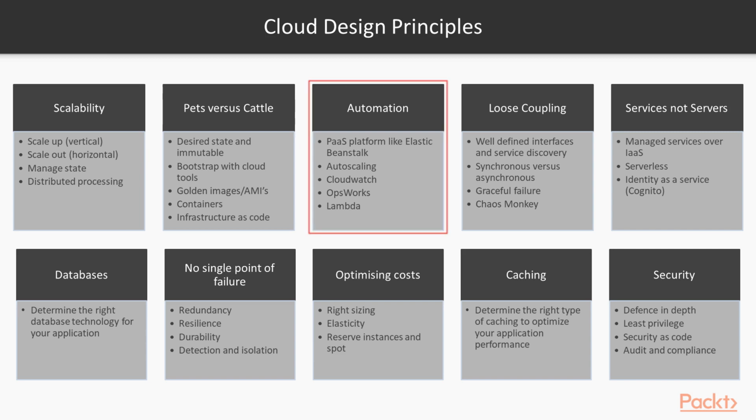Because we're creating scalable apps, because we don't want to care about our servers, because we're automating them, we want to have this concept of loose coupling. So if a single component fails, then you should be able to find another component to talk to automatically through service discovery. Think about using asynchronous rather than synchronous connectivity. Think about graceful failure. And when you've done all of that, maybe you can use things like Chaos Monkey, which